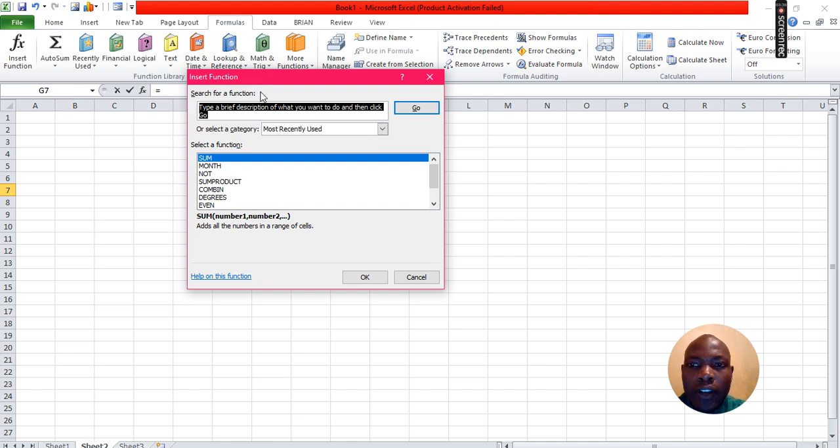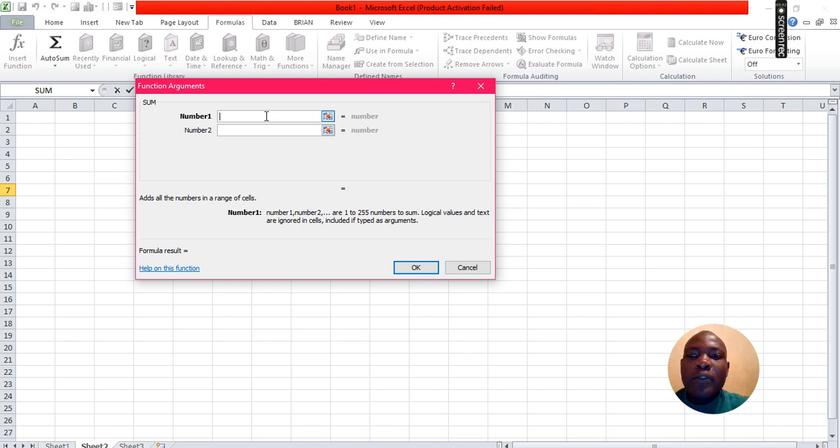Under Search for a function, type there the function you prefer to use, e.g. sum. Click Go. Select the function under Select a Function text box. Click OK.